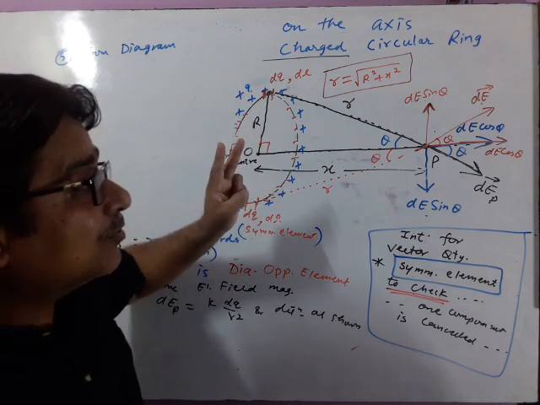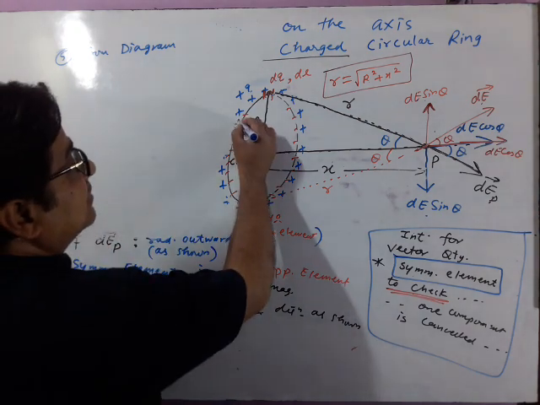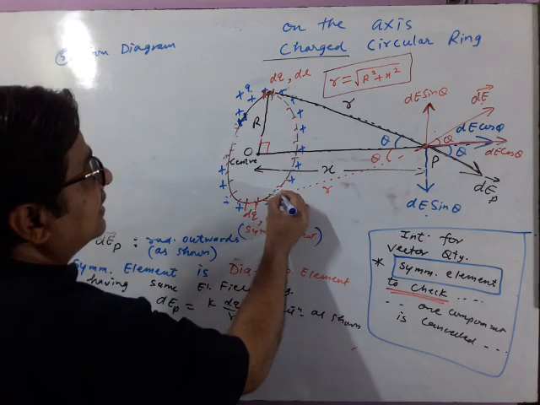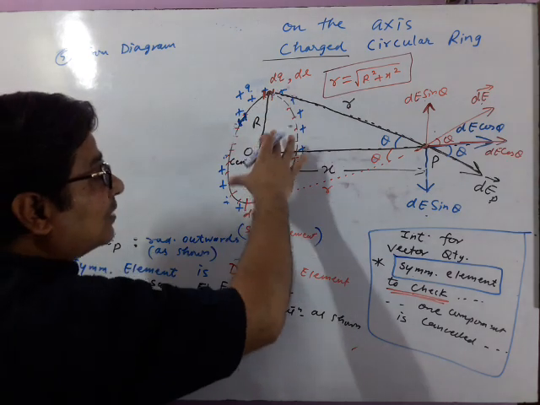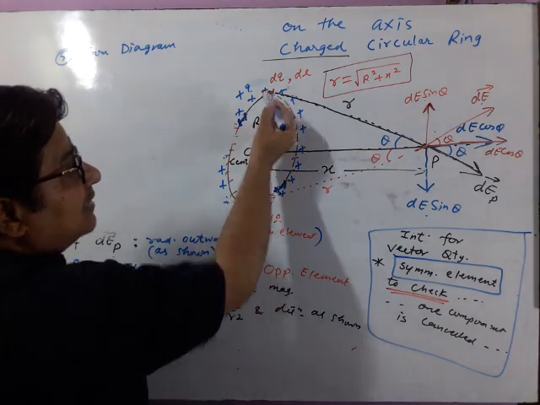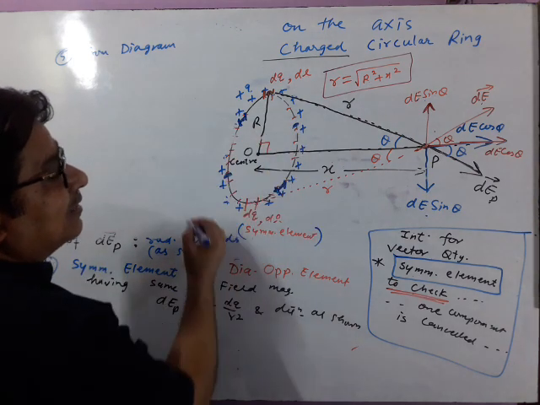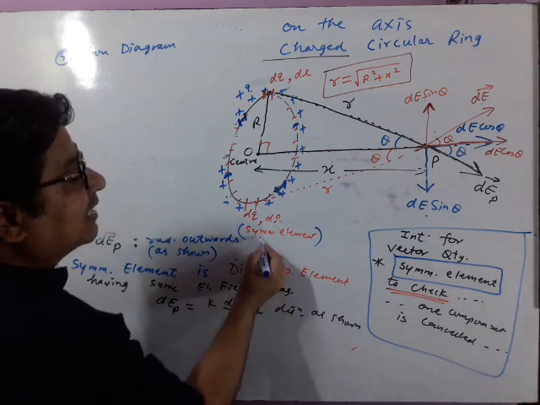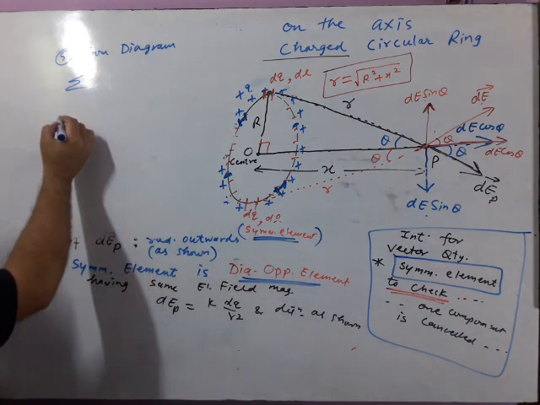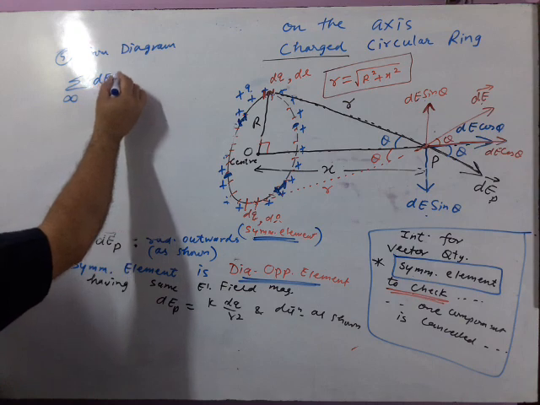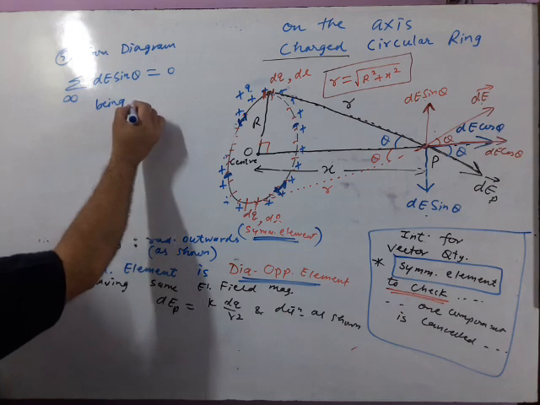So these are not only two components, they are infinite components. How? Like this. If this element were considered, the symmetrical element will be this. So they are making equal and opposite pairs. For this it is the symmetrical element, for this it is the symmetrical element. The diametrically opposite element is the symmetrical element. So we will write like this: the summation of infinite sine components will be 0, being equal and opposite.